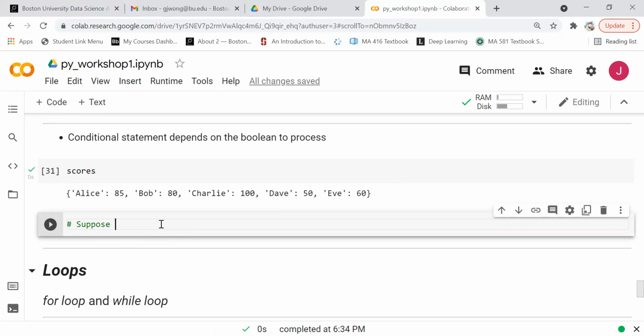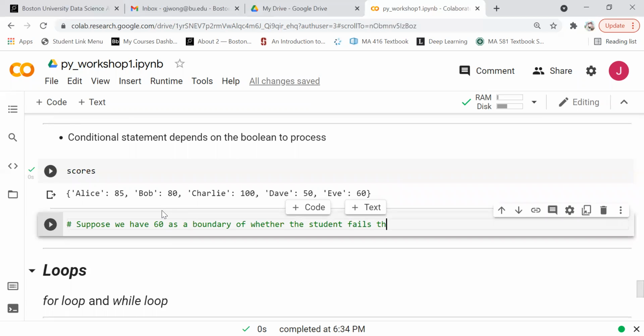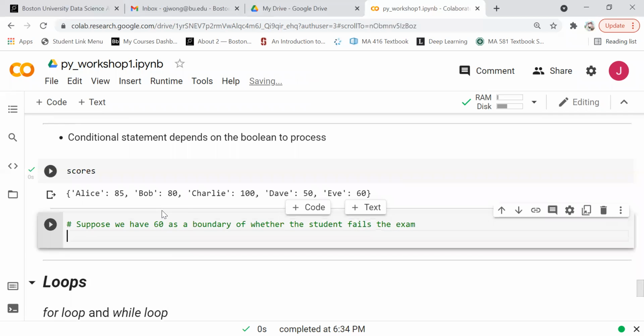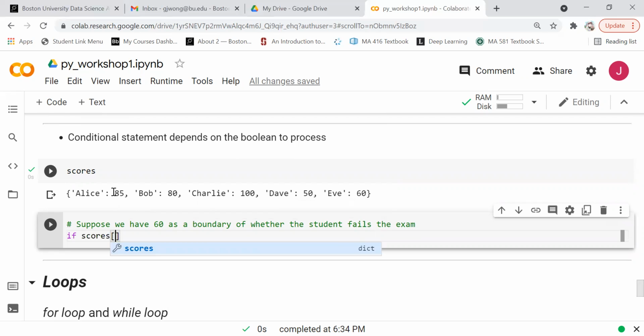Suppose we have the score 60 as a boundary of whether the student fails the exam. Okay, so let's check the result of Alice. All right. So let's say if scores Alice